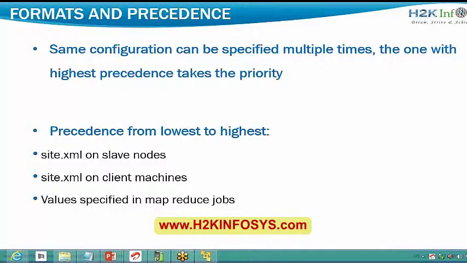I can have Ubuntu and CentOS at the same time, and whichever operating system I want, I can just switch over. So that's the reason I am asking you to download VMware. Tomorrow I will let you know which VMware you have to download and which Hadoop version you have to download, and all those things.